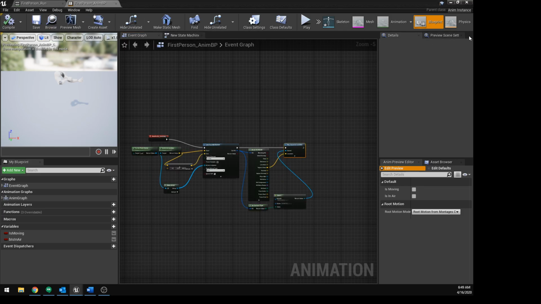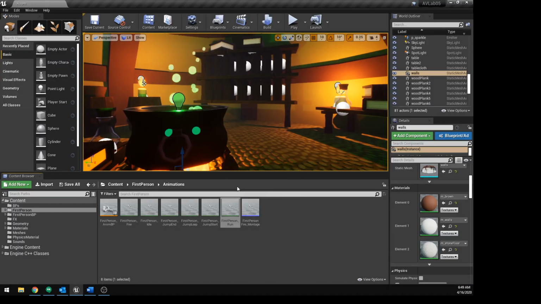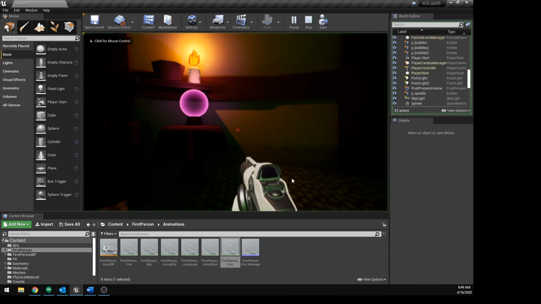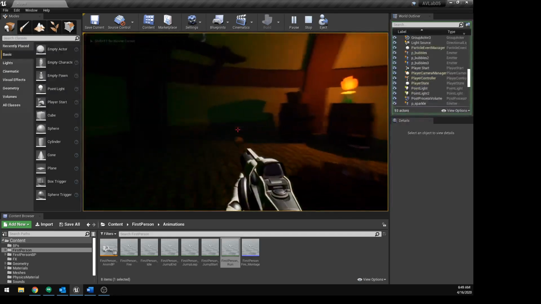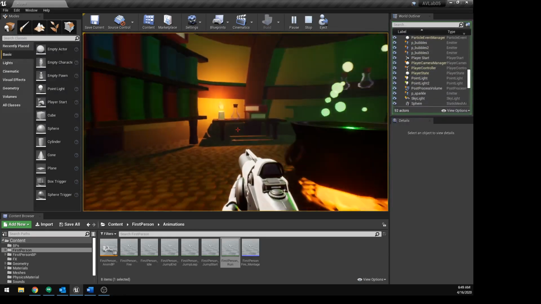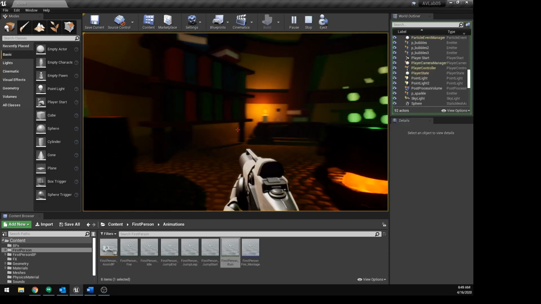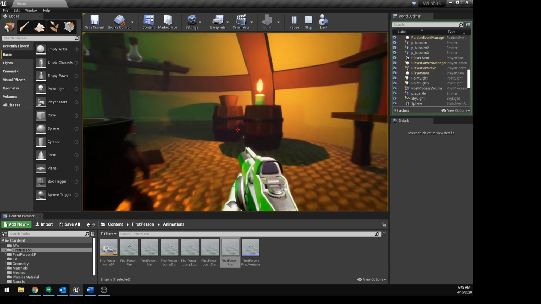This should now work in our game. So let me turn this off. Make this bigger. And let's hope that this works. And we do. It's a little bit wonky. I'd probably want to be a little bit more careful